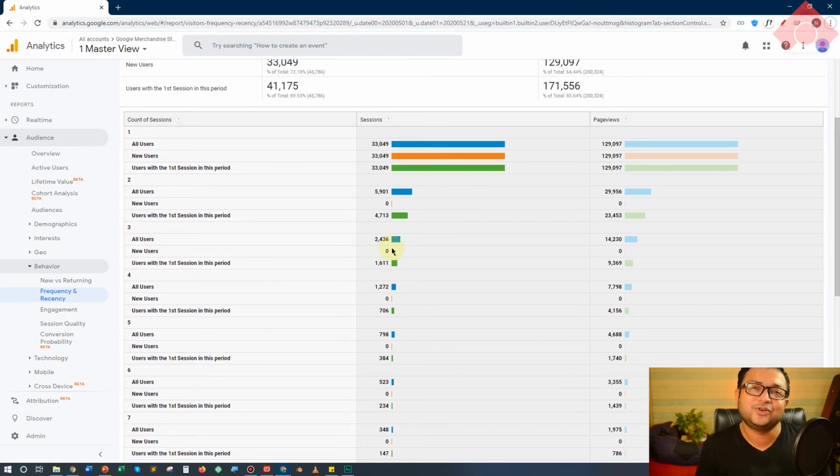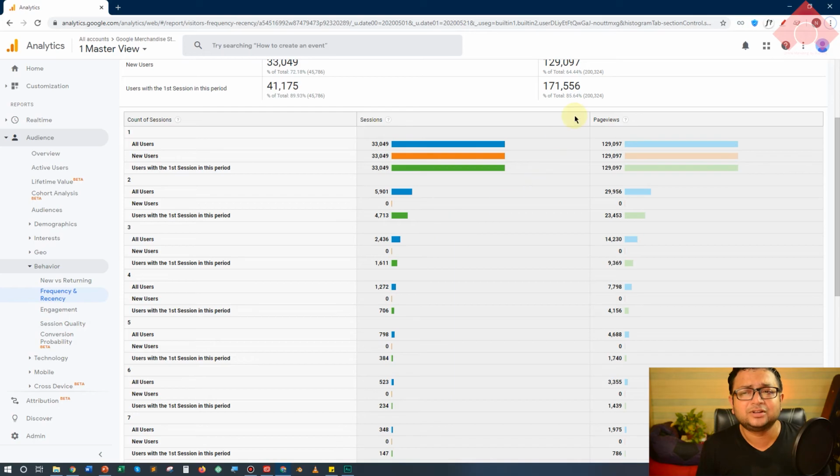So this is how you analyze this report, and you can use this report for multiple purposes. For example, tracking your promotions, tracking your remarketing campaigns, and tracking how you are faring on new visitors versus repeat visitors. So if I see the gap between the first and the second increasing, the second and the third increasing by a lot, okay, and if I see that the first count of session has got a lot of users but not the second and third, which means that there is a lot of visits from new visitors but they are not coming back to the website, right? So this is how you analyze this data.